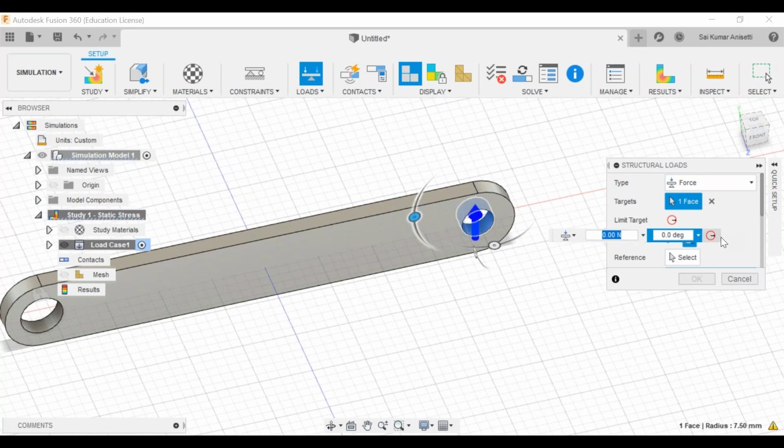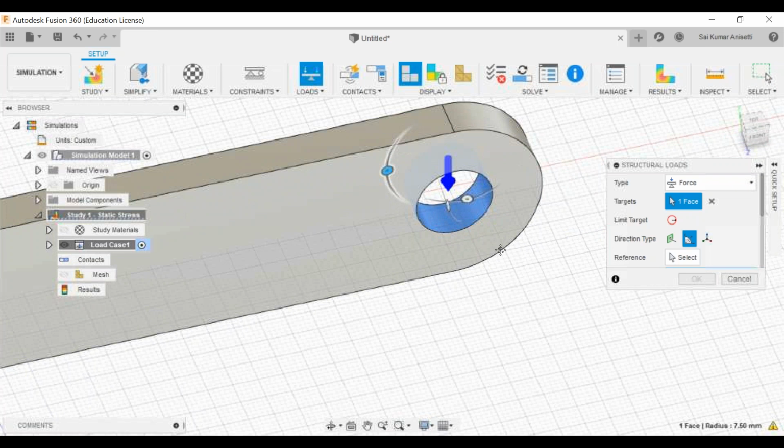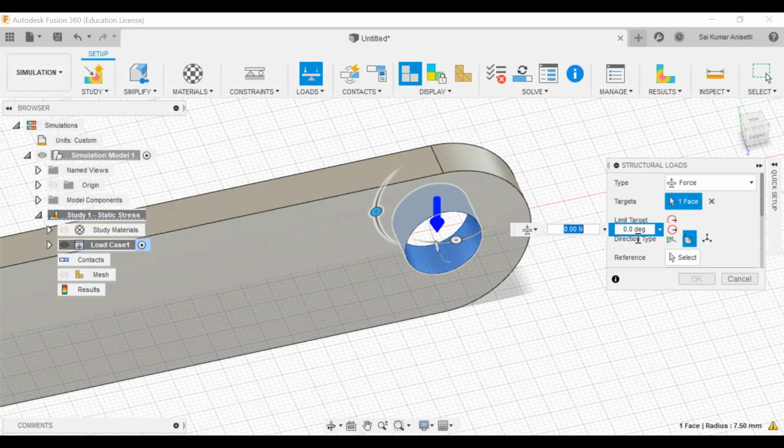Your direction would generally be normal. No, I don't want normal, I want 0. Okay, fine. Let me zoom in. I'm going downwards, and the magnitude I'll give is 1000 newtons.